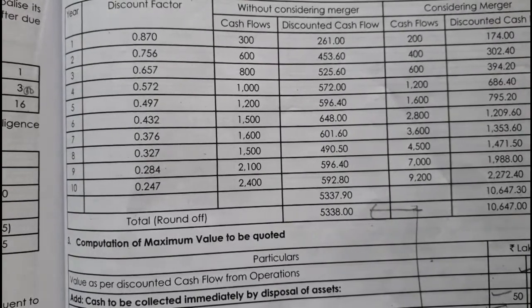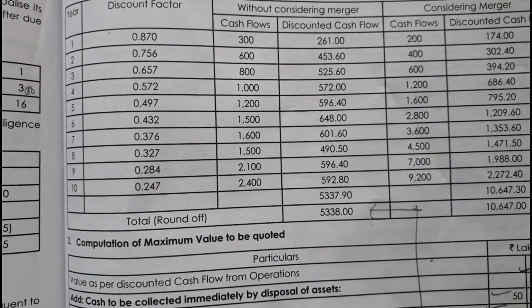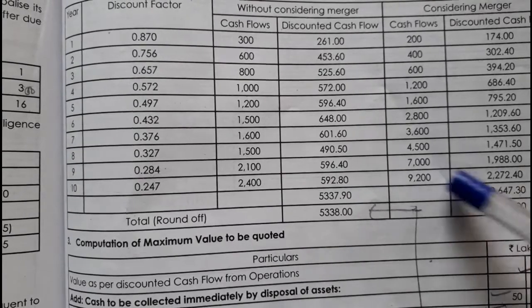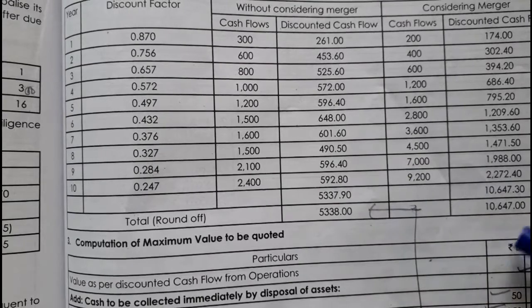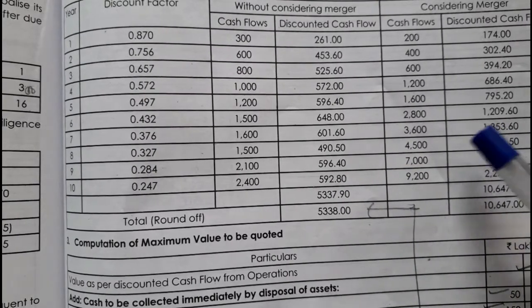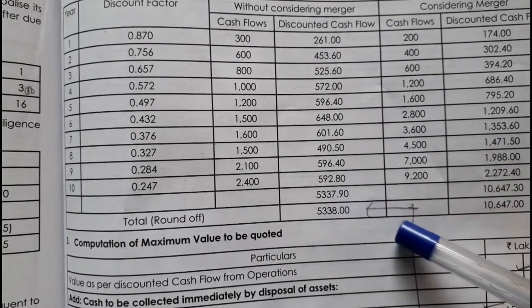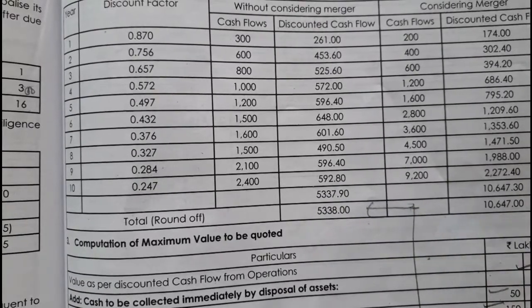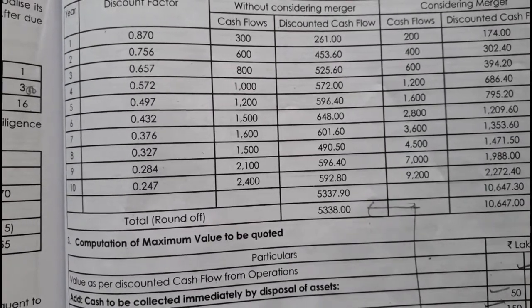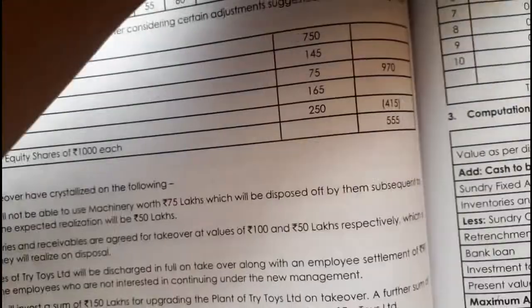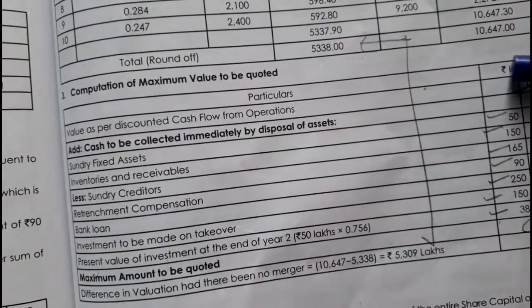Okay, so the cash flows which we have taken are for the 10 years, and we'll discount them, we'll find the present value without merger and with merger, what would be the Indian company's cash flows. So we have taken the difference, and this is the differential valuation. If no merger happened, then we'll have to settle with this amount only. We'll have to let go, an opportunity cost, of the benefit that we are getting. Okay, now value as per